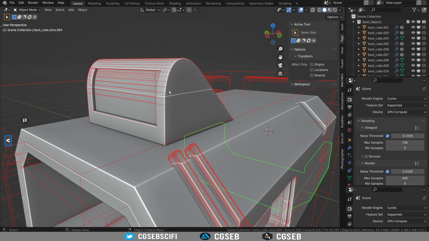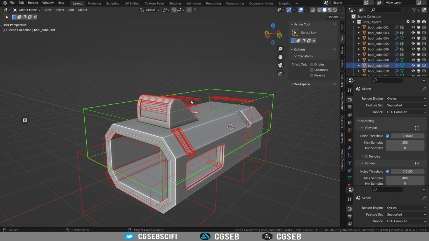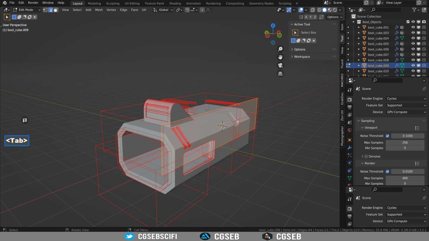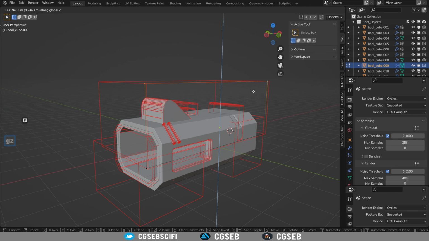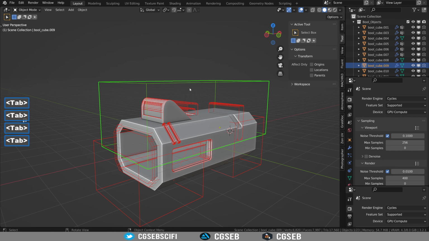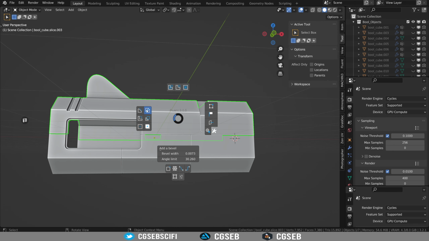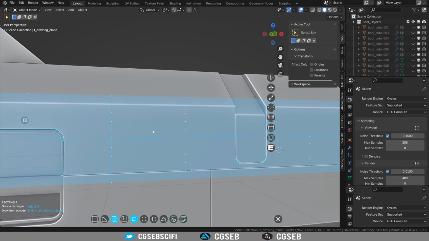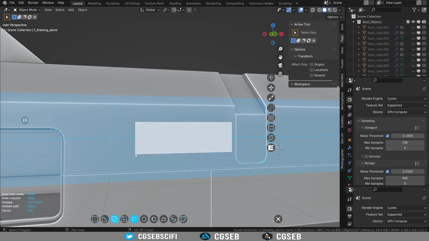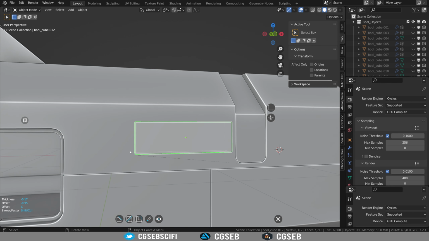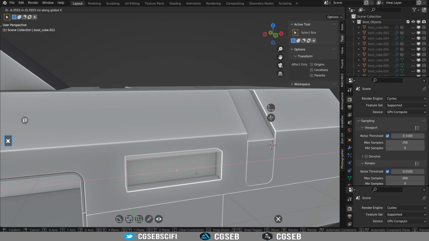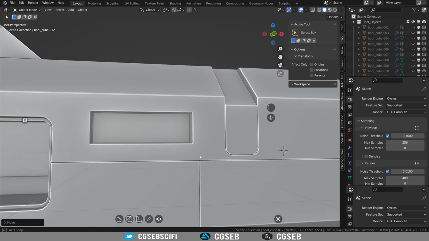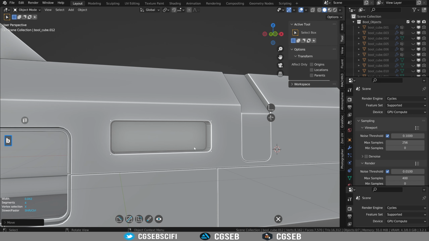Here, you can see that this is because of this slice, and you need to actually go to vertex mode, select those two, and move them up so it doesn't slice this too. We're gonna now add some vents. This is a cool technique that I use in almost every one of my renders. You are actually using here the cut, and then let me move this around. Then you can add a bevel, for example,